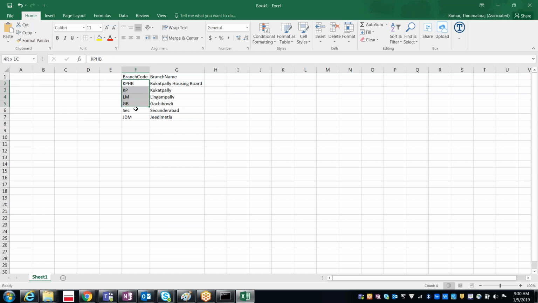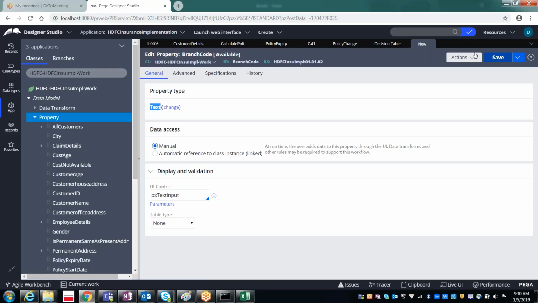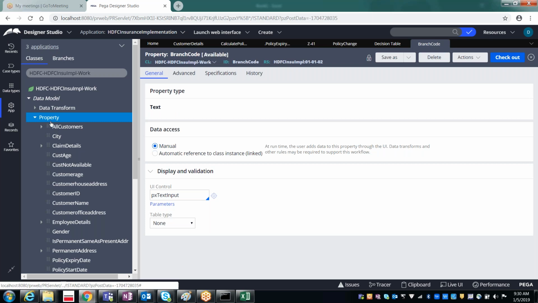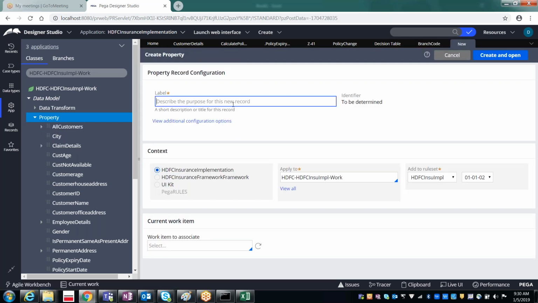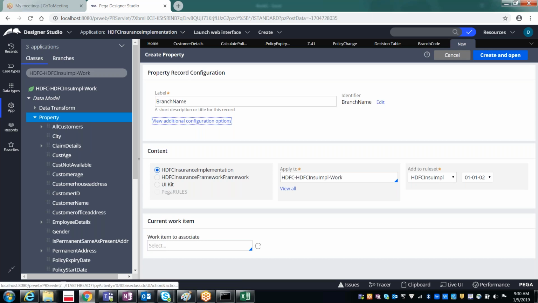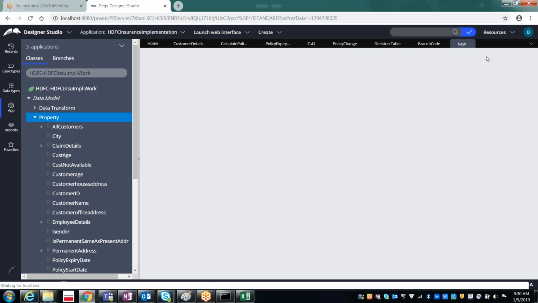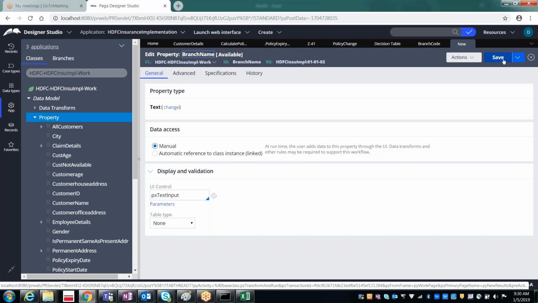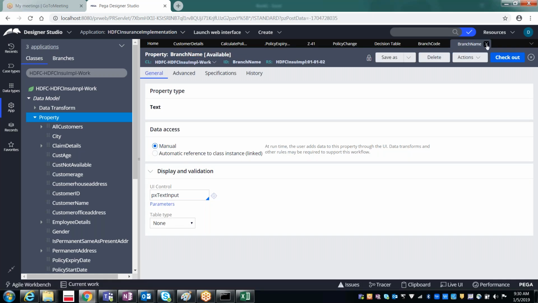Branch code, KPHB, KB, all these things, integer or text? Text. Yeah. Okay. After the branch code, next create branch name and open. This should also be of type text.